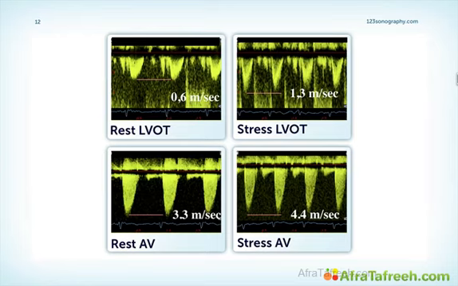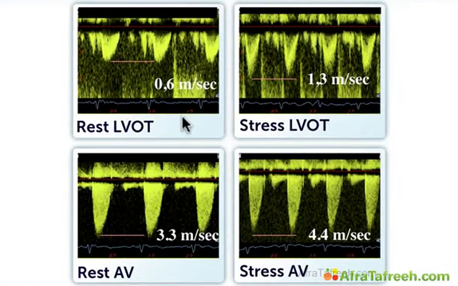Here's a nice example of a patient with contractile reserve and true severe aortic stenosis. You can see here on the left side that the resting velocity in the LVOT is only 0.6. If you have a patient with a low velocity below 1 meter in the LVOT, this always points to reduced left ventricular function. The resting AV velocity is only 3.3 meters per second, and when we give the patient dobutamine, we will see a significant increase of peak AV velocity up to 4.4,